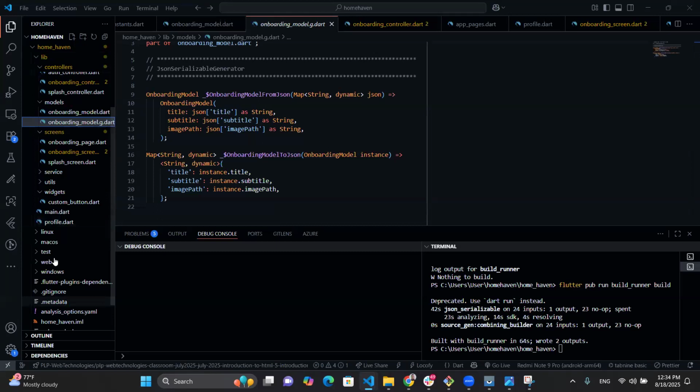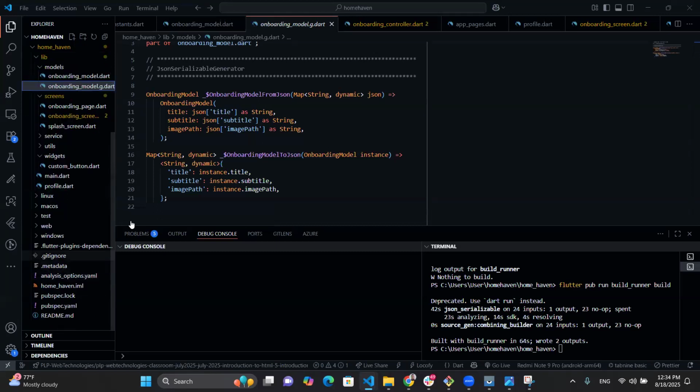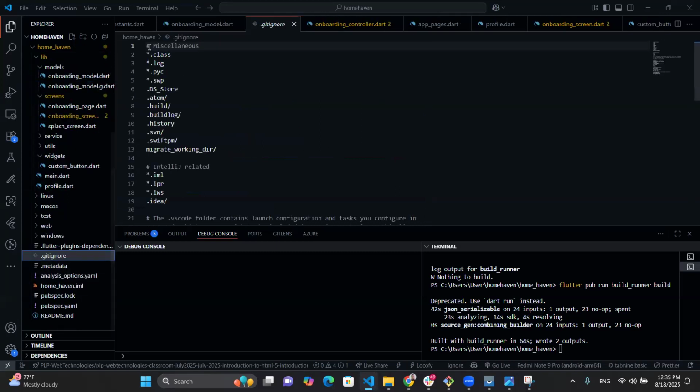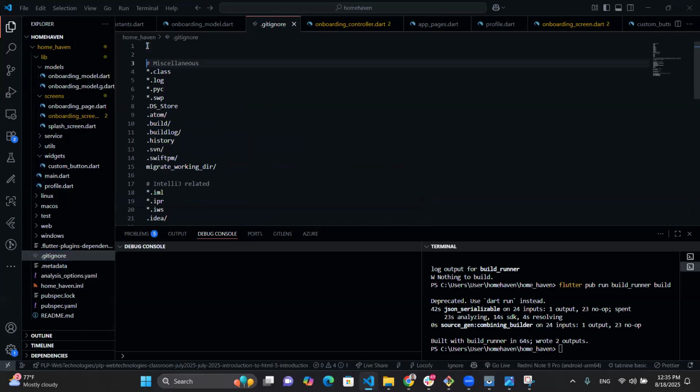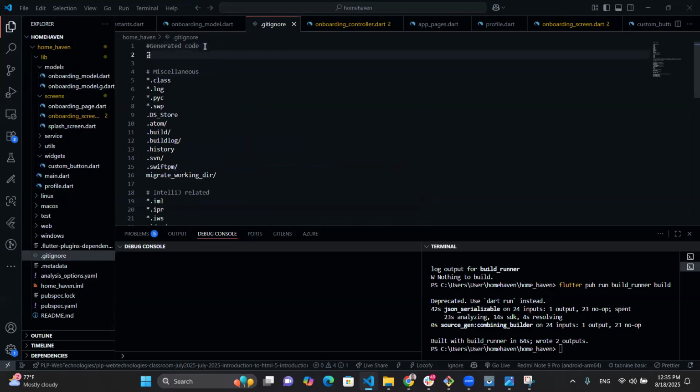You go here and somewhere above here, you can just say hash generated code, right? Then add star dot